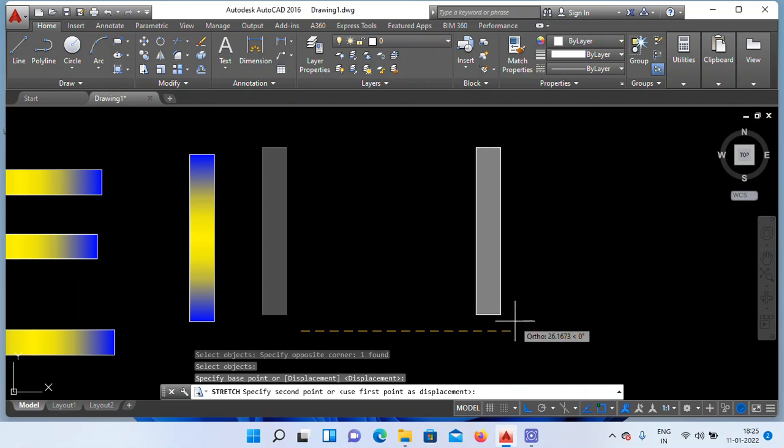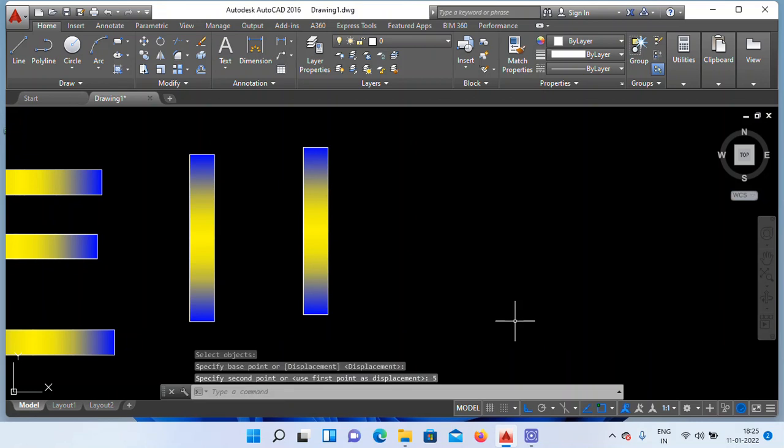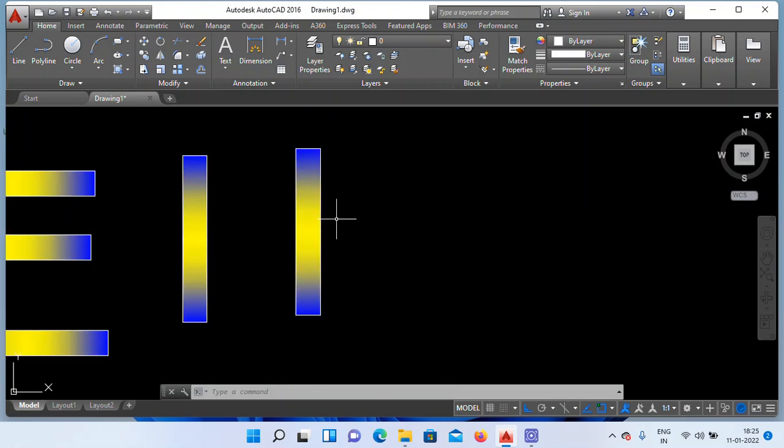Give the required value. What value? Assume, for example, 5. Enter. It is not increased, not modified, not enhanced. Why? Because it is a blocked item. A blocked item cannot be enhanced or modified. Once you keep it in the safe location, in the block, the item cannot be modified.